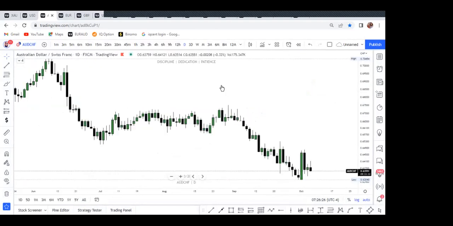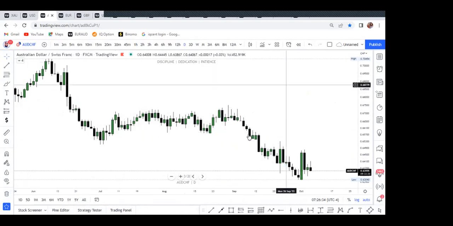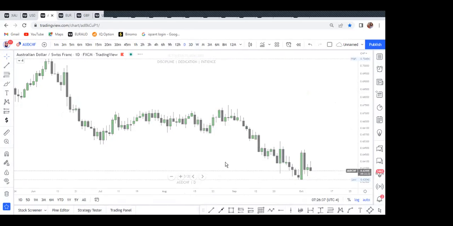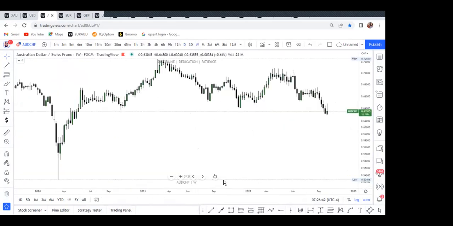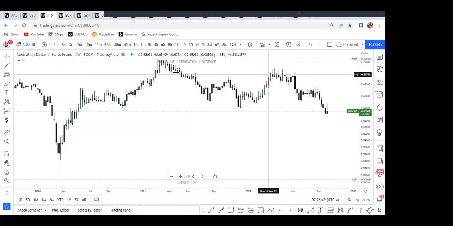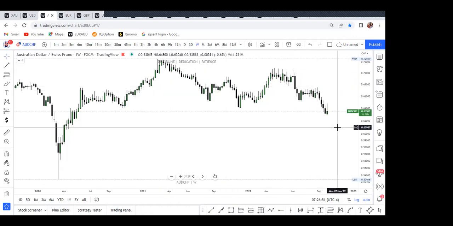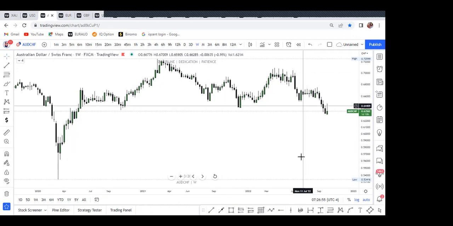Look at AUD-CHF. You see whatever Euro AUD is doing, AUD-CHF is doing it at the bottom. Now look at AUD-CHF on the weekly. She's targeting the weekly CB. Can you see that? This same thing Euro AUD is doing, looking for above, AUD-CHF is doing the same thing. She's coming for this zone. The opposite, she's going above.